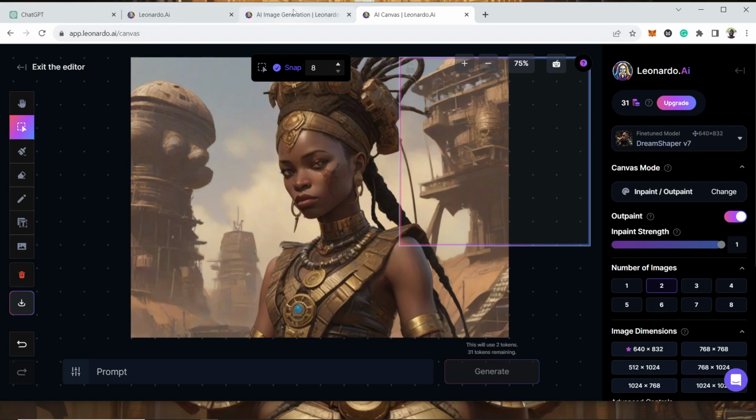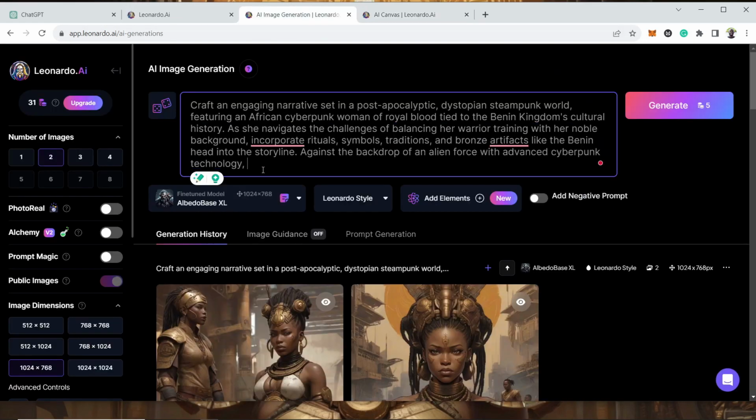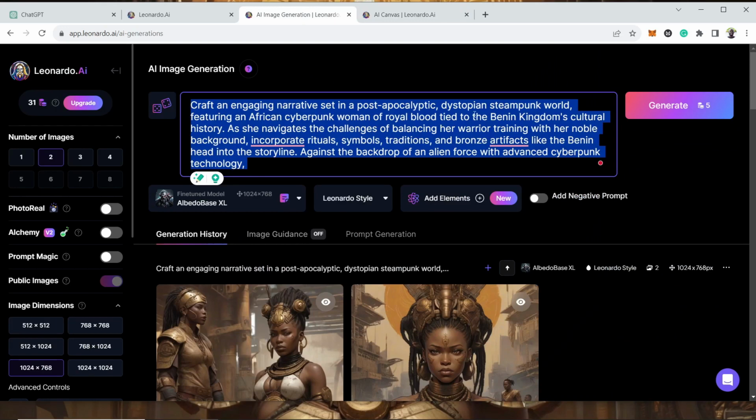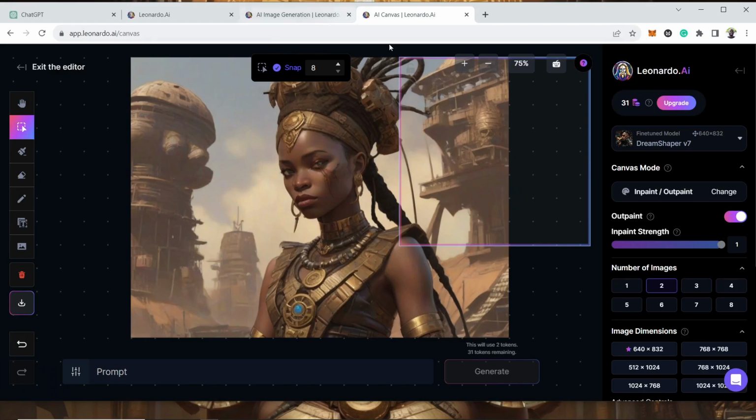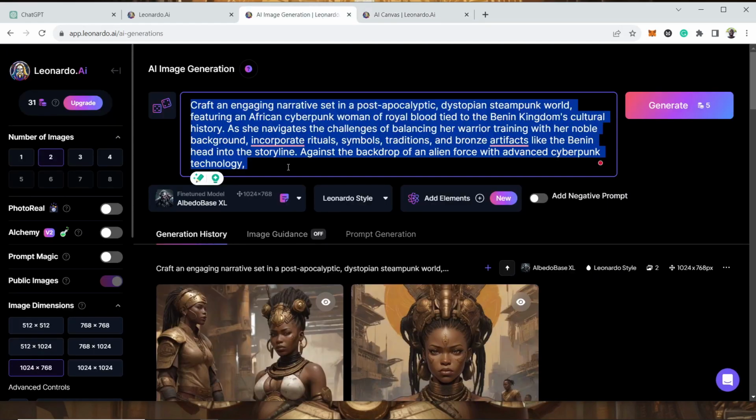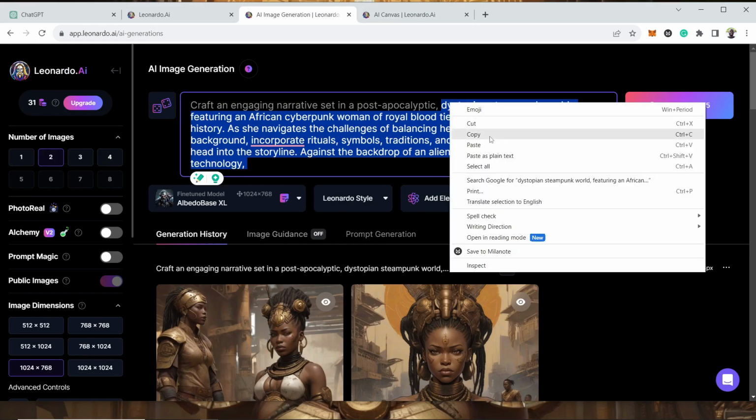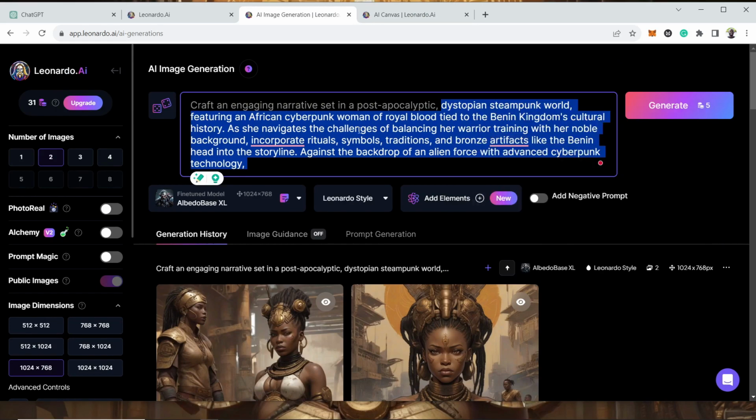And then I will now go copy the prompts. I don't want to take the whole prompt, because if I do, I'm asking the canvas to regenerate this prompt and I might end up getting this character. If I want a plain environment, I might end up getting a character in the environment. For example, you can see this image has the African cyberpunk woman in it, right? I don't want her appearing on the canvas on this side. I just want the environment extended. To do that, I will just copy the part I need. So I'm going to copy up to dystopian world. Copy. And then I will go to